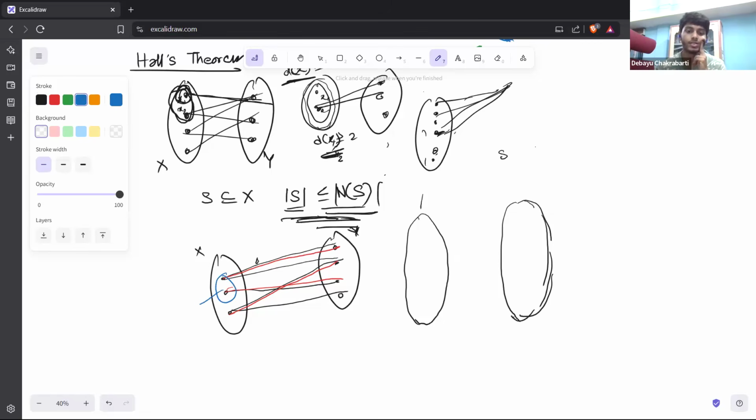This is S and this is N of S. You're given this condition, but that implies a perfect matching unless you have one vertex in S that branches out to more vertices in N of S,